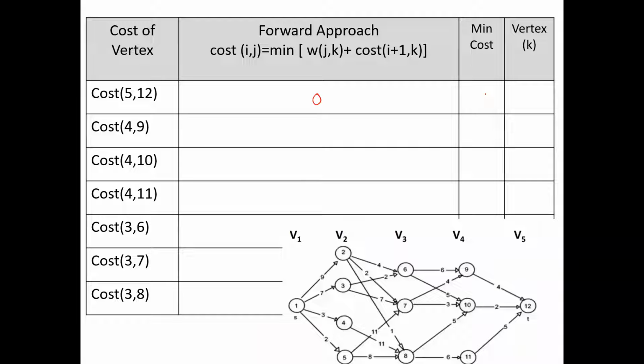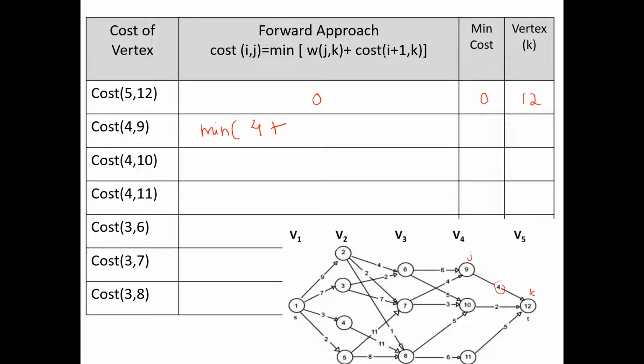And the minimum cost is 0 starting from the vertex 12. Now we are going to find the minimum cost for the vertex 9, which is in stage 4, right? So you can see that from stage 4 to reach 12, the edge cost is 4. That is W of J, K. What is J and K over here? In this case, J is 9 and K is 12. Got it? So if you want, you can write J, K. In this case, the weight of the edge is 4